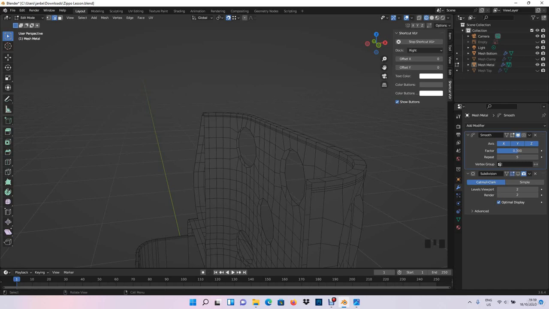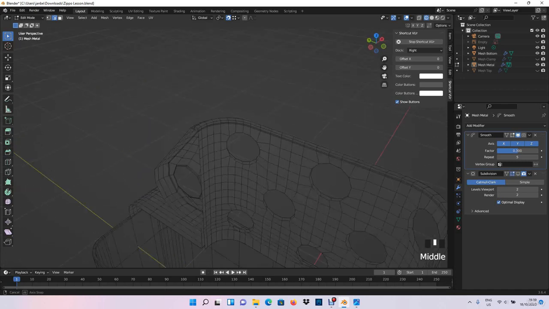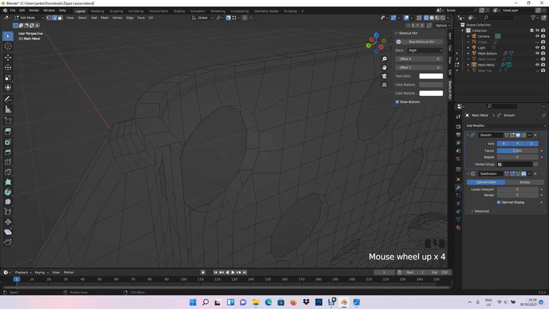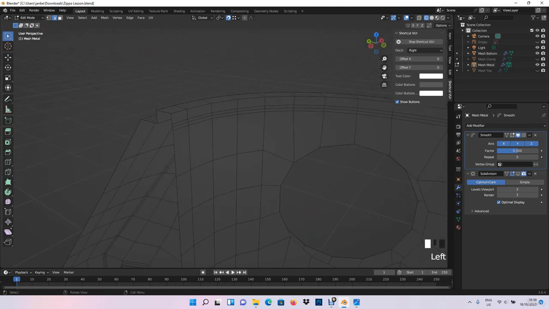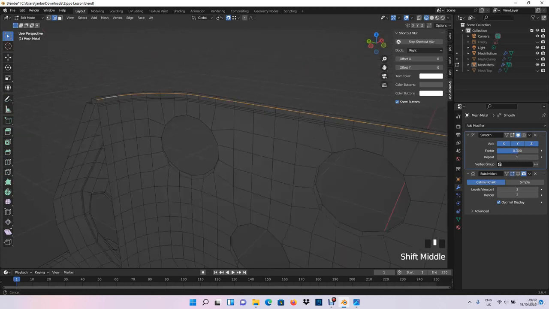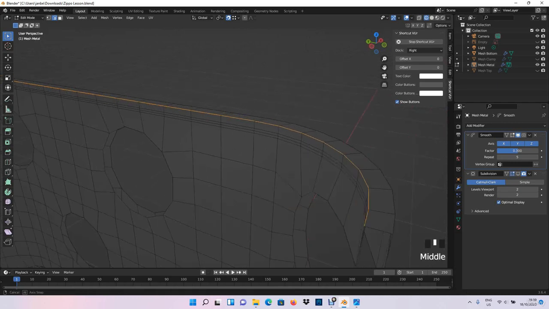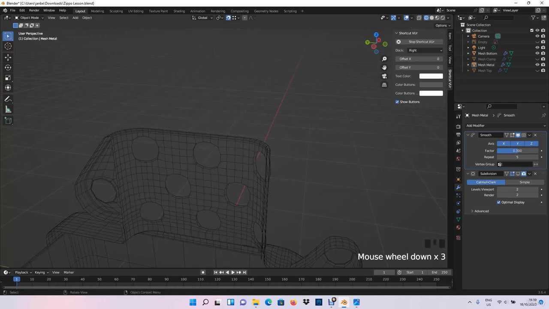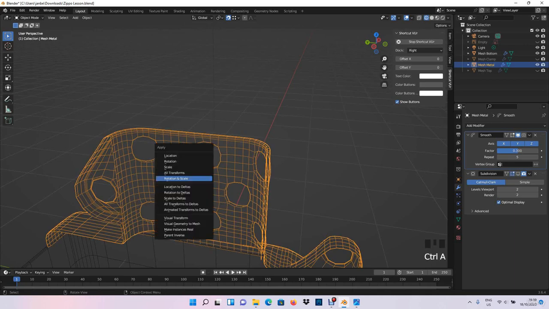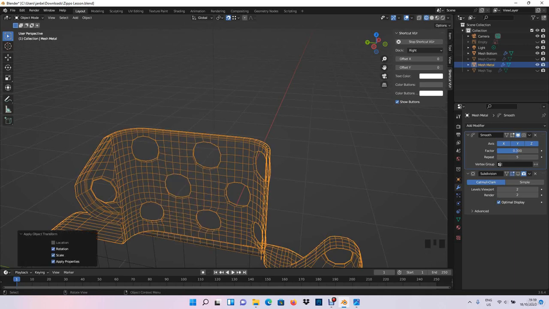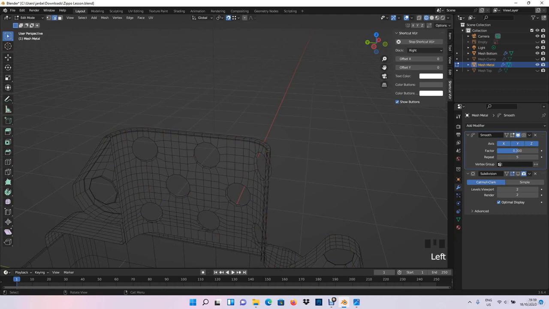Oh, do we need them? No. Let me just think for a second. Yeah, let's bevel this one here. Alt Shift click. Oh, no. Let's go to object mode, Control A, rotation and scale, go out of object mode, and let's check